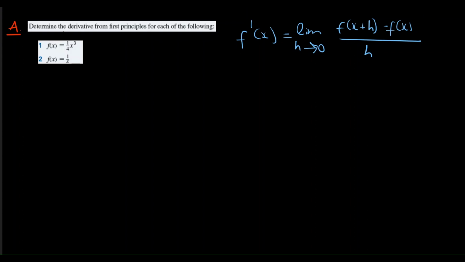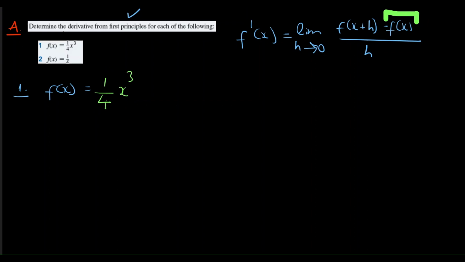So let's attempt the questions that we've been given. Suppose we're given these exam type questions where we're asked to determine the derivative from first principles. First principles meaning that we'll be using this formula for each of the following. The first question they're asking, giving us that f of x is equal to 1 over 4 x cubed. What we need to understand is that f of x in the formula is given as f of x,